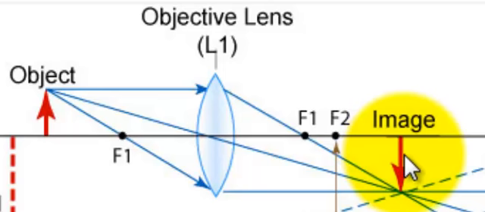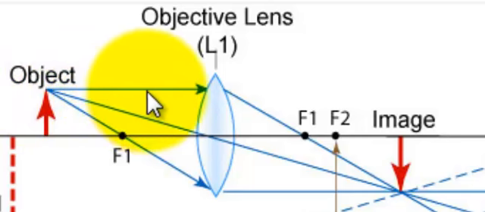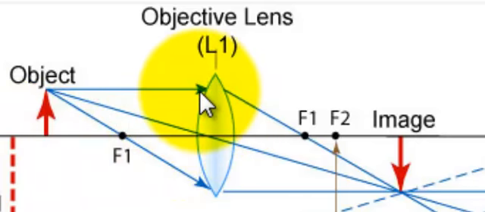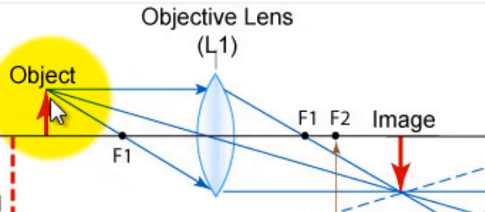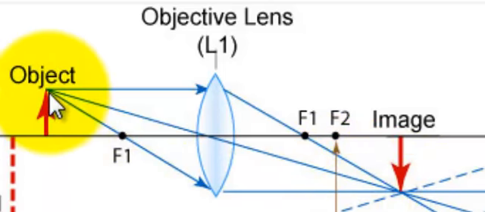Let us recall the rules. Rule 1 states that for any incident ray that is parallel to the principal axis, the emitted ray passes through the focal point. Rule 2 states that for any incident ray that passes through the center of the lens, the emitted ray continues in a straight line. And Rule 3 states that for any incident ray that passes through the focal point, the emitted ray is parallel